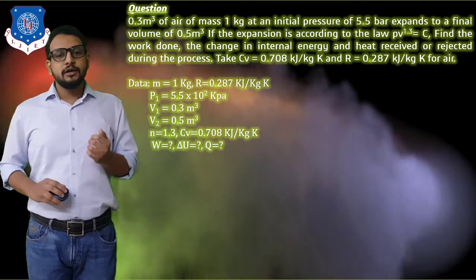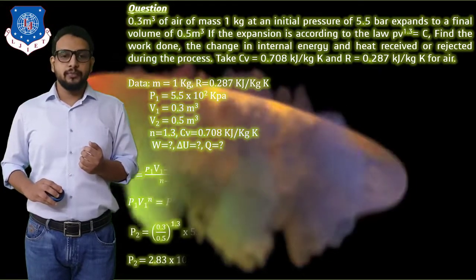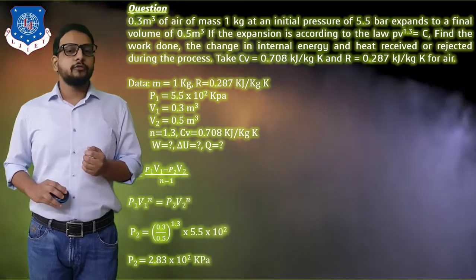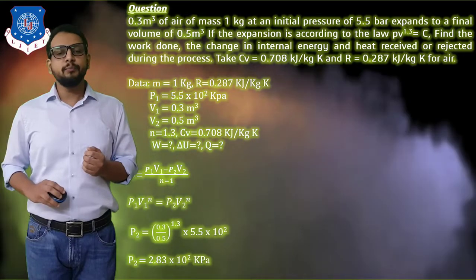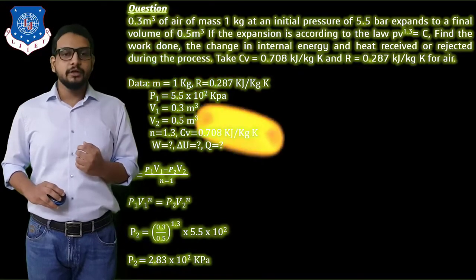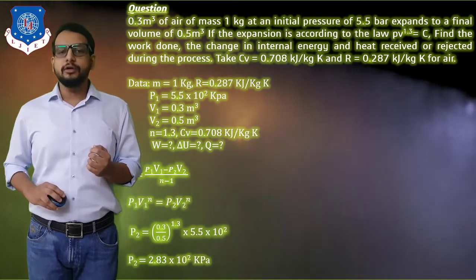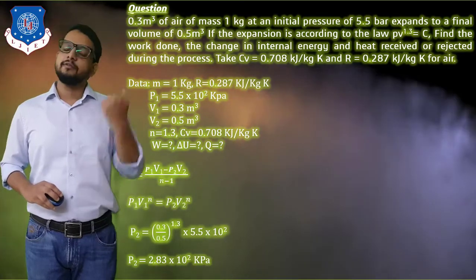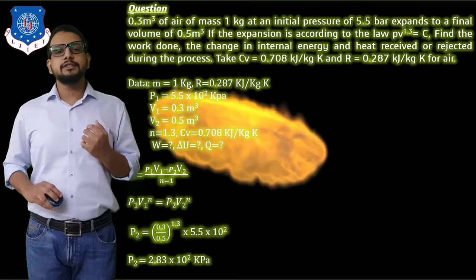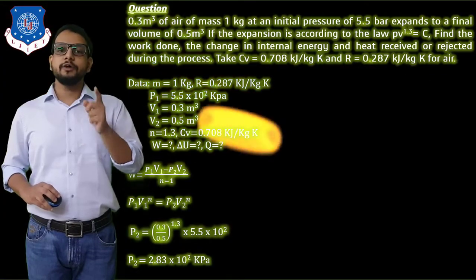So let's proceed. So first of all we should know the formula to determine work done. So what is the formula for that? So for polytropic process it is equal to P1 V1 minus P2 V2 upon n minus 1. Now observe carefully whether the requirement of formula is satisfied or not. So we can say that P1 is given in the data, V1 is given, V2 is also given, but unknown is P2. So our first target to determine work done is to determine first P2.